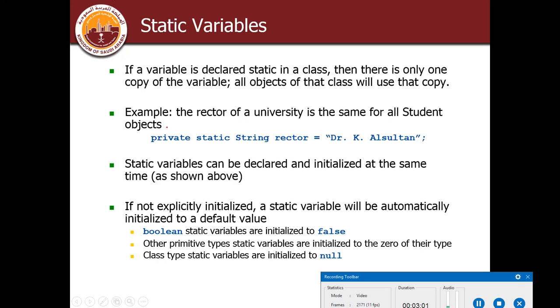I will do a program for that now. The members that are declared static are called static members. These members are associated with the class rather than the individual object. So static variables and static methods are referred to as class variables and class methods. Static variables are used when we want to have some variable common to all the instances. One common example is a variable that counts how many objects a class has created. And remember, Java creates only one copy of the static variable.